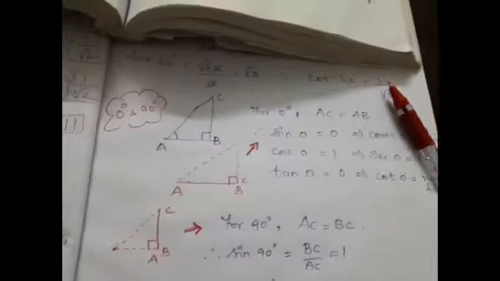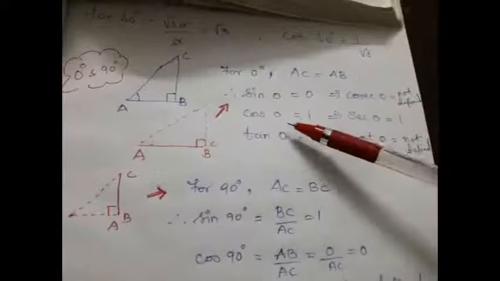What is tan 0? Sine divided by cos. So 0 divided by 1, it is going to be 0. So if you know these three trigonometric ratios, we can define its reciprocals. What is going to be cosec 0? 1 by 0. 1 by 0 is not defined. If we have 0 in the denominator, it is not defined, right? And what is secant? Reciprocal of cos. So 1 by 1 is going to be 1. Cot is going to be reciprocal of tan. Alright. So 1 by 0, again it is not defined.